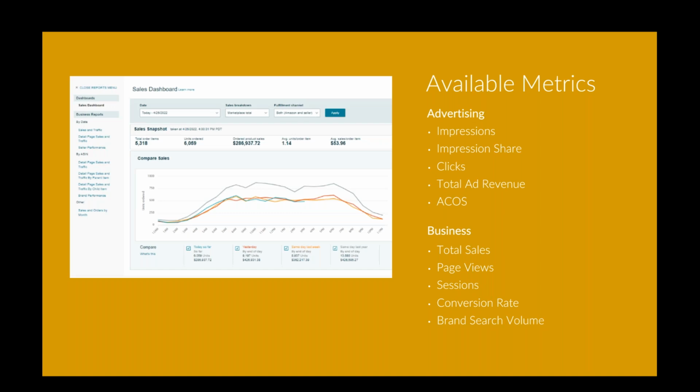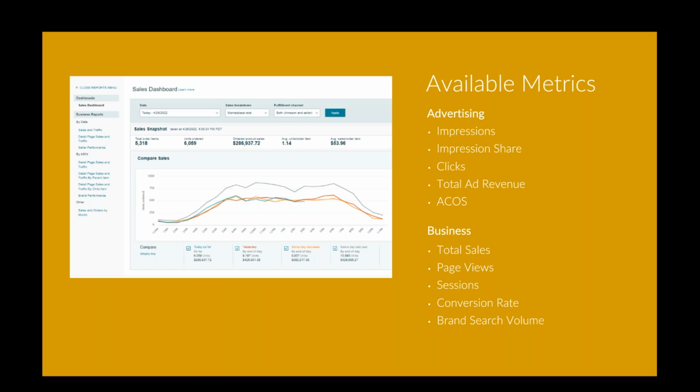So some of the metrics we're going to dive into throughout this presentation on the advertising side: we're going to look at impressions, how many eyeballs are my ads getting in front of; impression share, so what percentage of the market is seeing your ad, what percentage of your ads are placing in which positions in the search on Amazon; clicks, how many relevant clicks are we driving to our listings. Again, revenue is going to be just in the backdrop of this presentation. And then ACOS, so how efficiently are we advertising, and what does our ACOS tell us about what's actually happening with our brand on Amazon?